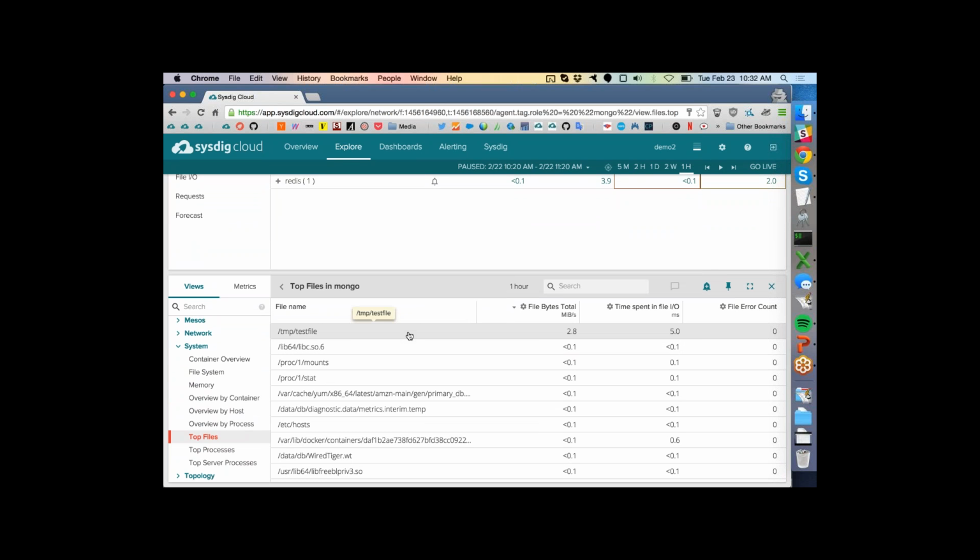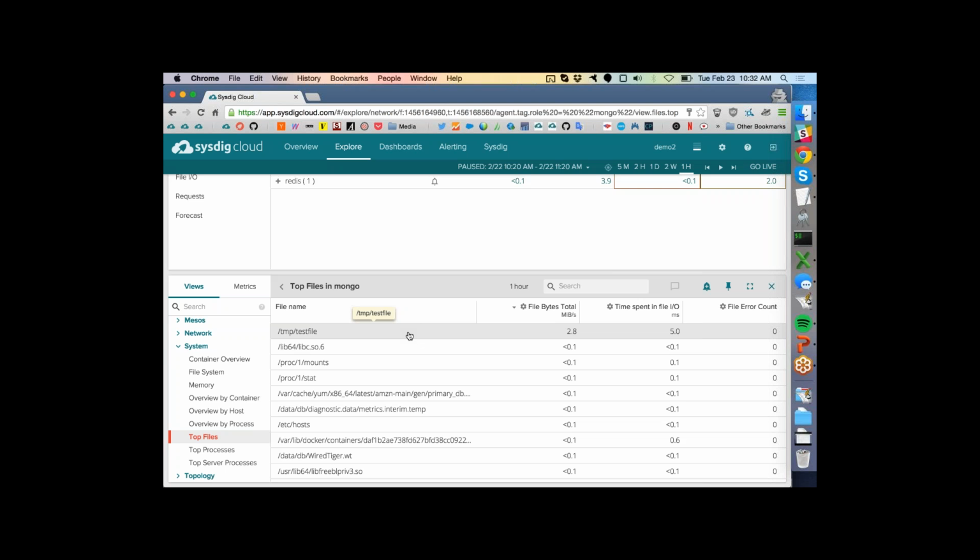This is actually based off of a use case that we learned from one of our users where they had a process get caught in a loop writing to a log file in a very unique situation. So it was only happening every couple of weeks. The log file would explode, bring down the server, and they spent months trying to figure this out and what was bringing the server down. And then within just a couple hours of installing Sysdig Cloud, they were able to trace it down to that individual log file that was bringing down the system.